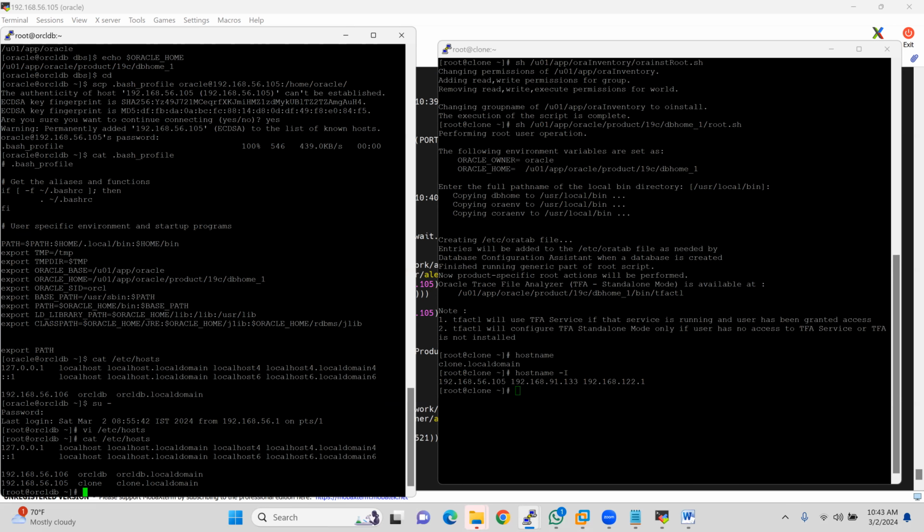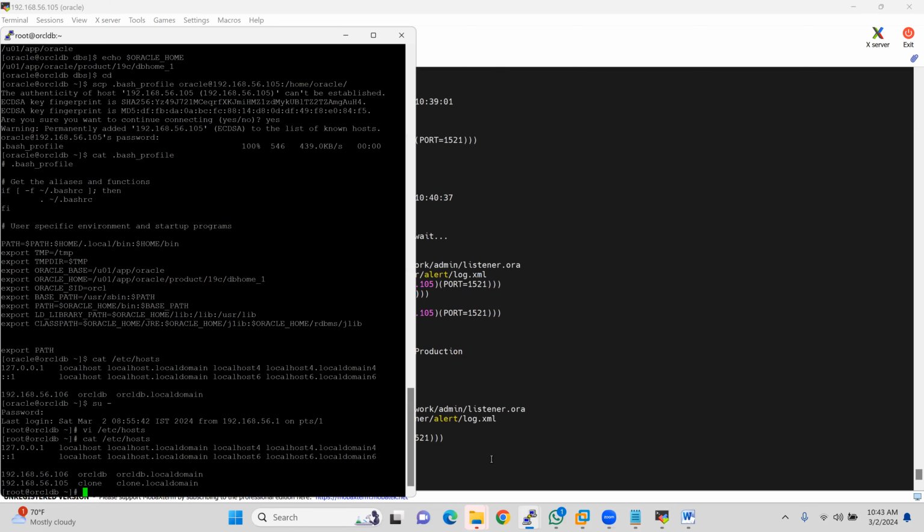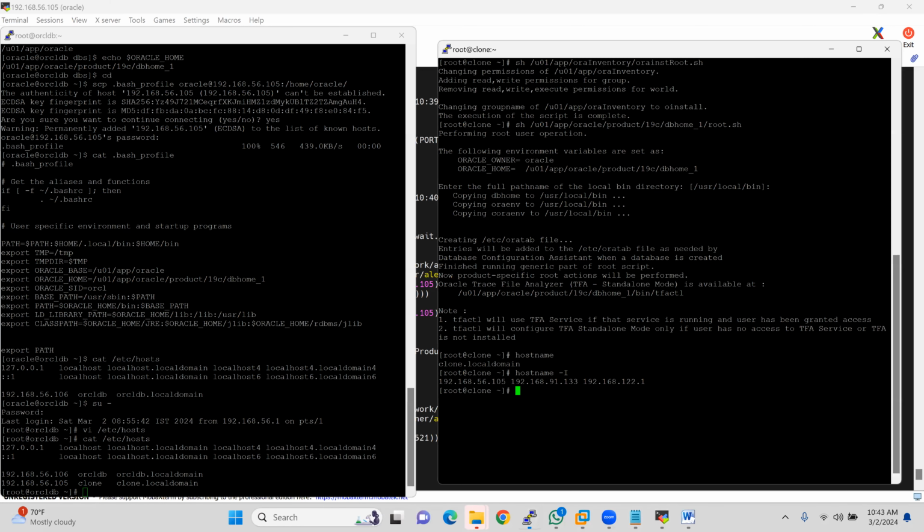We need to put the same entry on the clone database server also. Here you can see the listener is running fine now. So go to the second machine, and we need to put the same entry